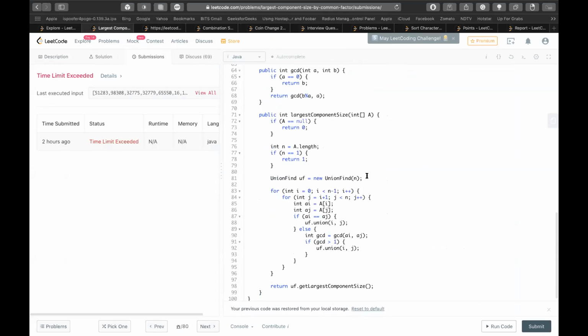Oh, GCD you are using to calculate that. Yeah. Look, you can walk through it. Yeah. So basically, I created a union find of that size, and for every element to every other element, I'm